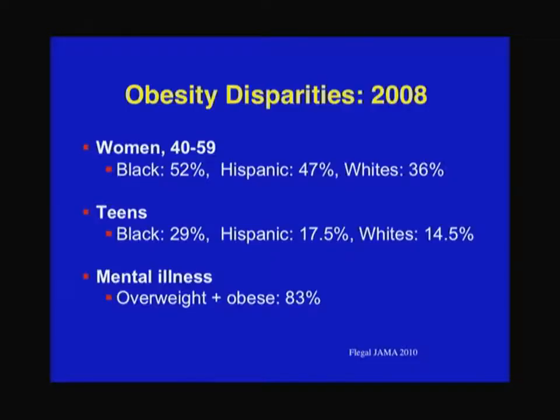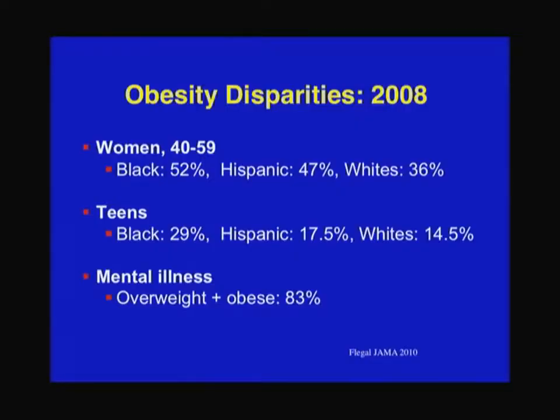And one of the most important and under-recognized associations of obesity is in the relationship with mental illness, where individuals with mental illness often are poor, may have poor access to food and other health care, and in particular take medications to control some aspects of mental illness, especially psychotic illnesses, which are highly associated with weight gain. So we're up to almost 80% of those with mental illness being associated with overweight or obesity.